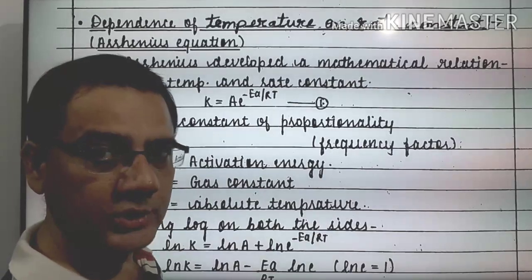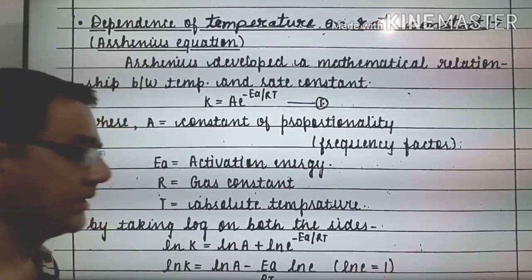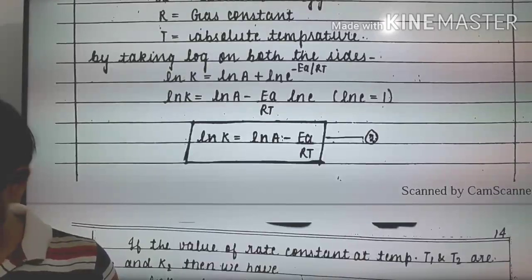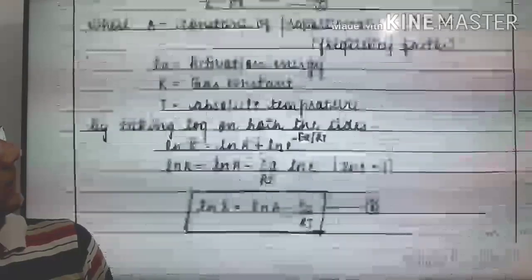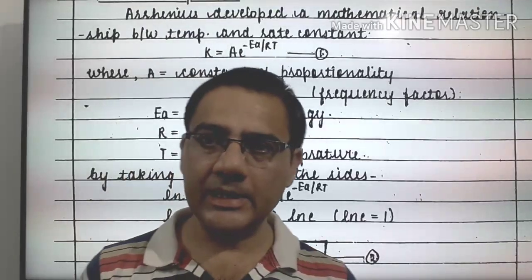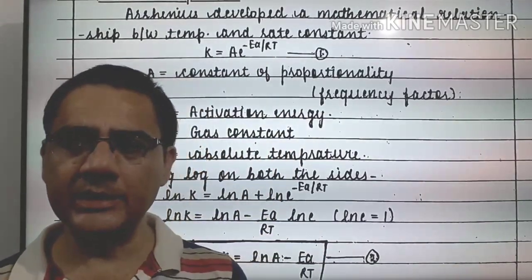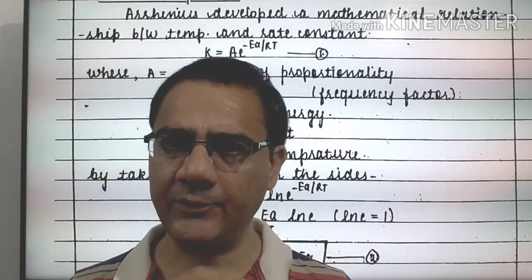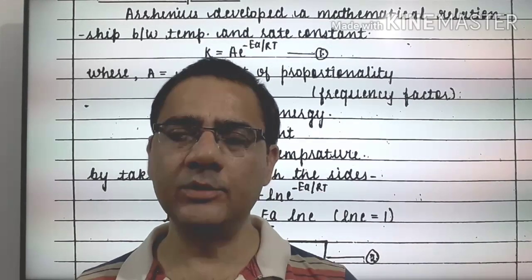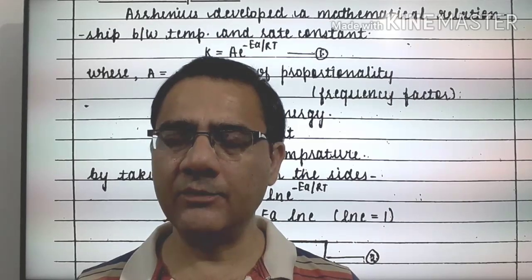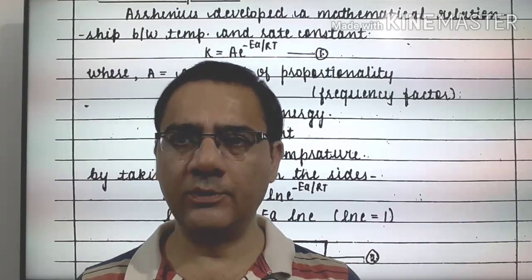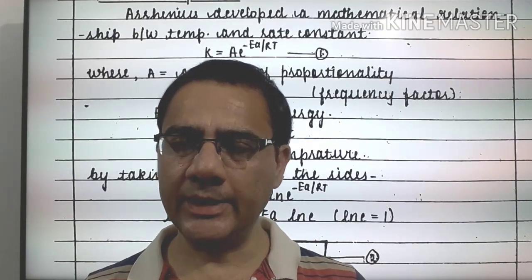Now we go further to derive one expression for the numerical purpose. See, this Arrhenius equation in this form, if anything is asked in the exam like activation energy or the rate constant value or anything related to this, then in this form it is difficult to calculate the values. So what we have to do, we will convert it into the logarithm form. First we will convert it into the natural log form and then if needed we will convert it into the common log form.